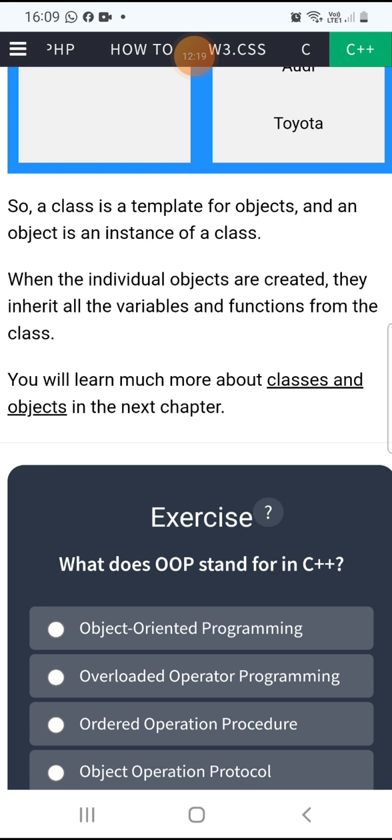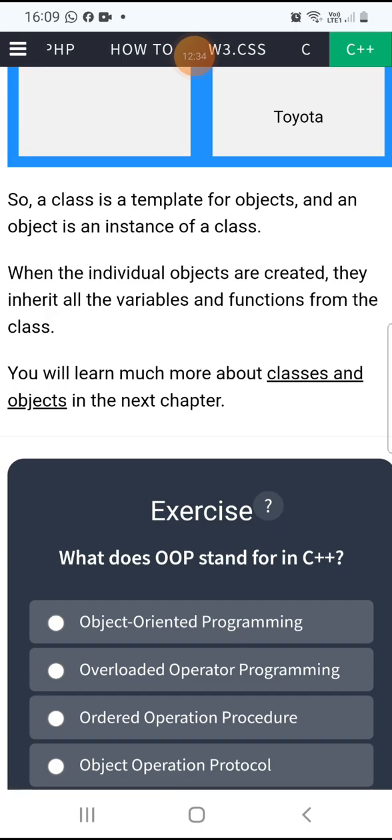So if an individual object is created, that object will inherit all class variables, instance variables, and functions, meaning methods, from the class, because the class is a blueprint. That blueprint has all those details.